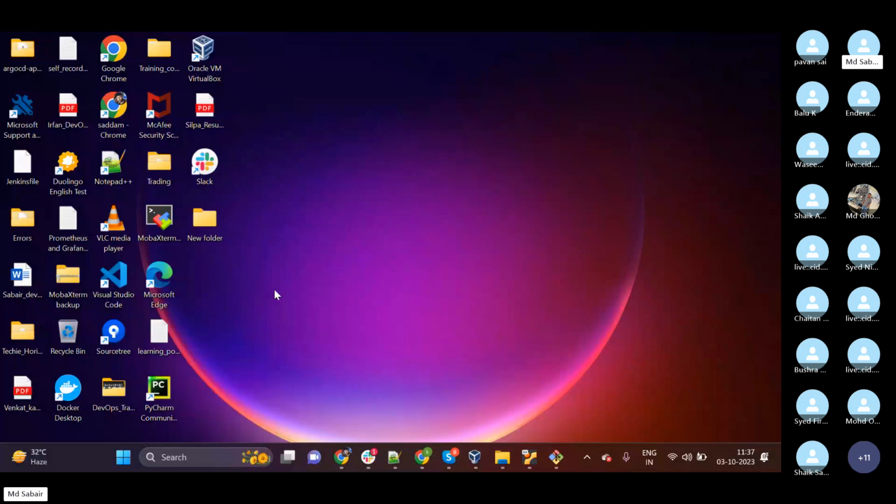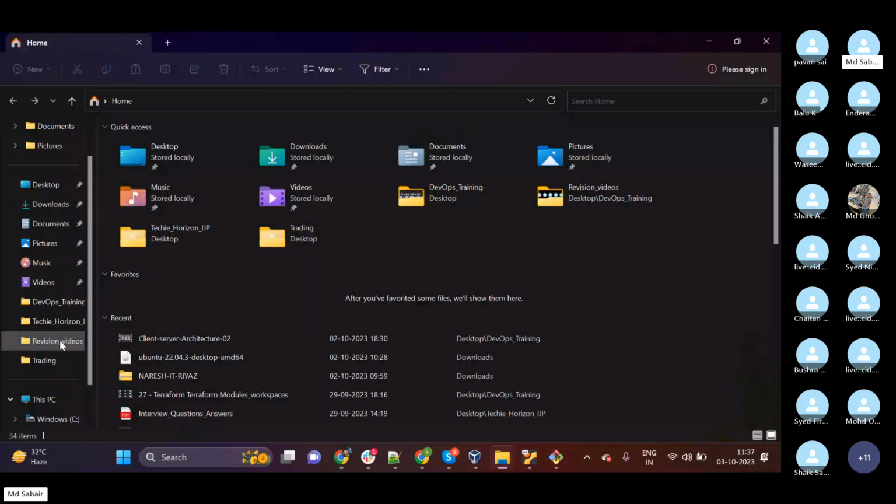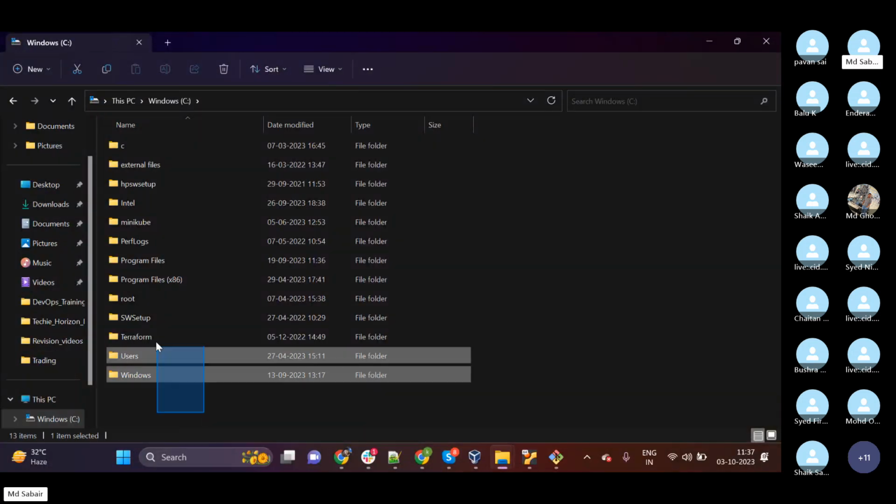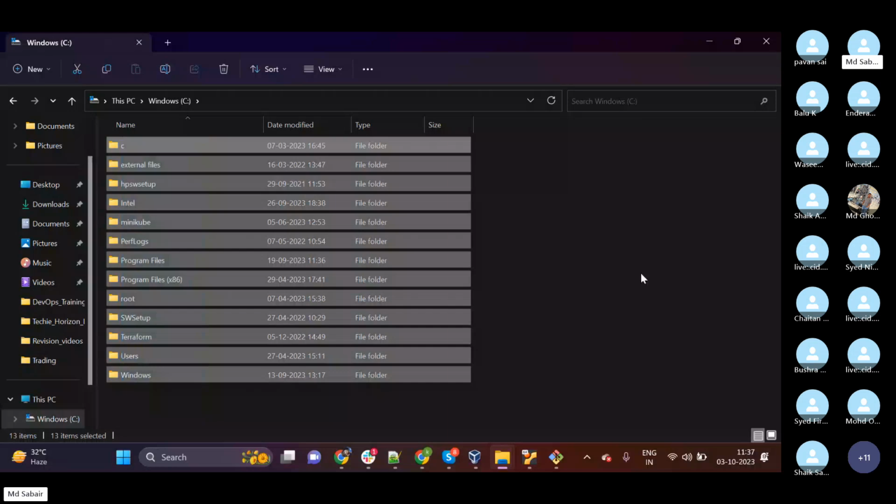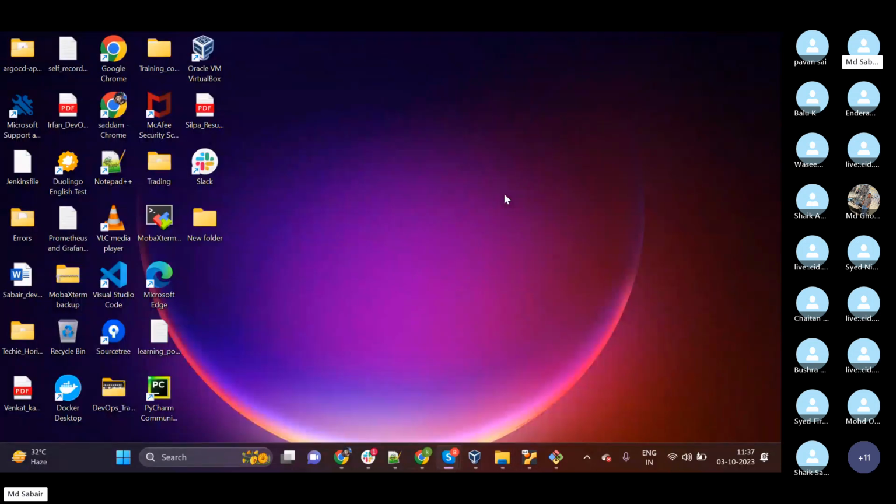When we install an operating system, if you open it, these are the different files which have been installed along with the operating system. Here it has all the dependencies or packages which are required to perform some day-to-day activities.